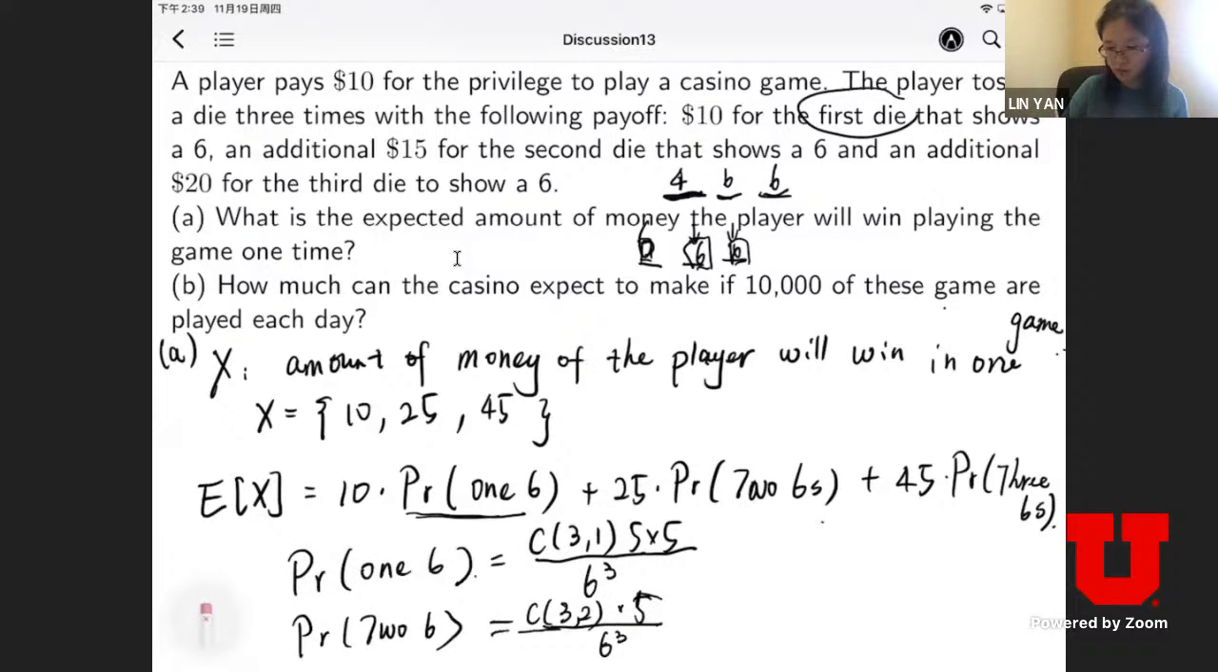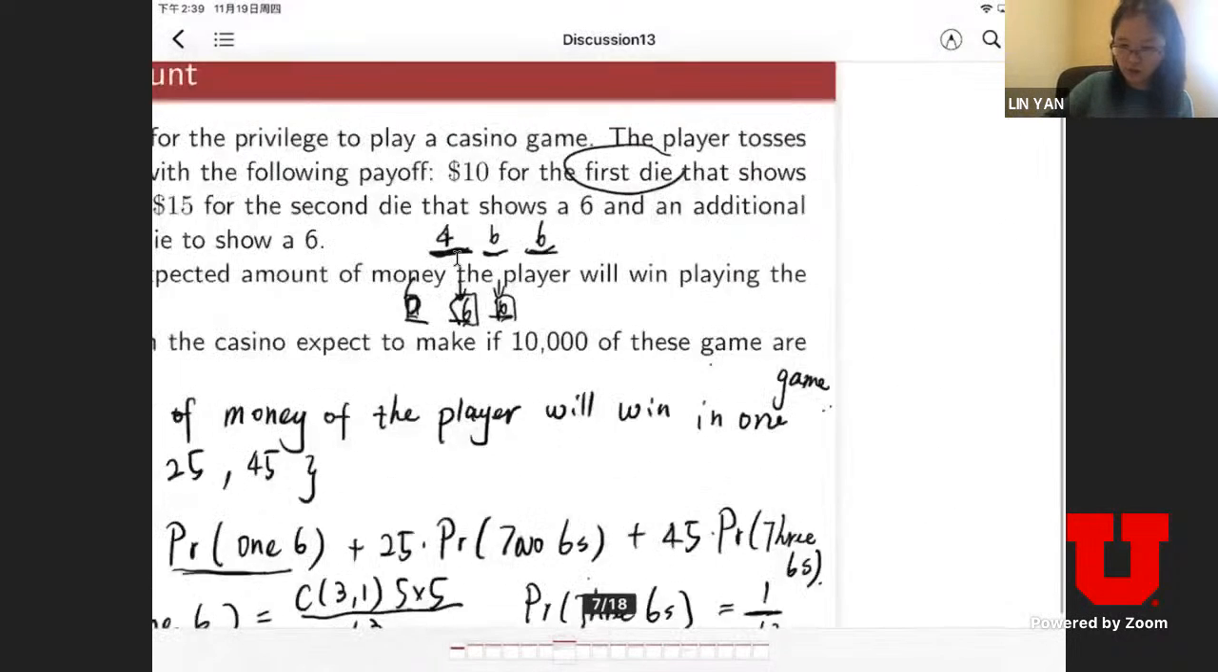And then finally, we need to calculate the probability of we have 3 6s. And it is, we only have one way to do that. So it is 3 to the power 1 divided by 6 to the power 3. And then we need to use these values in our function, and we get